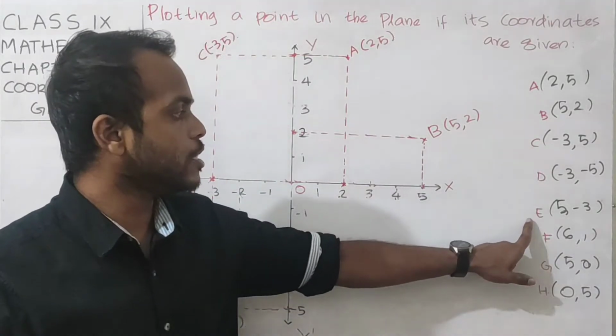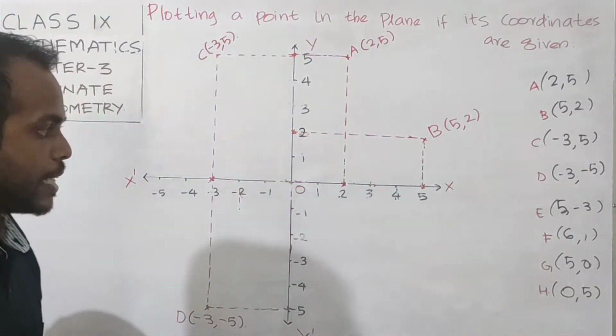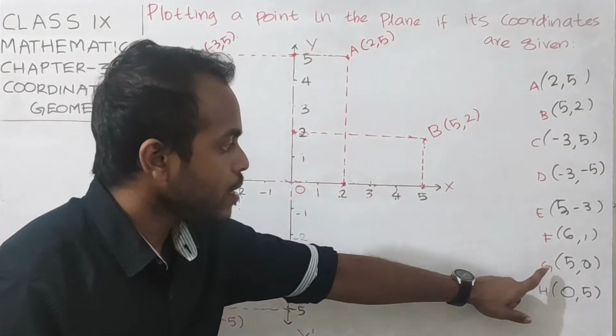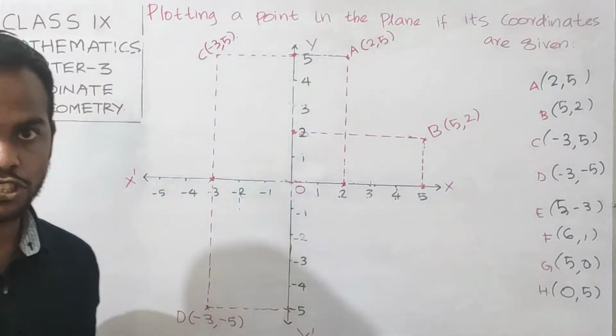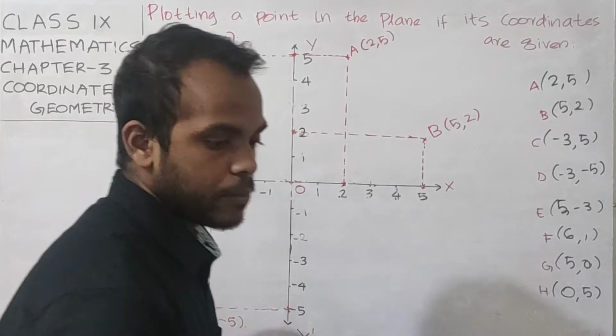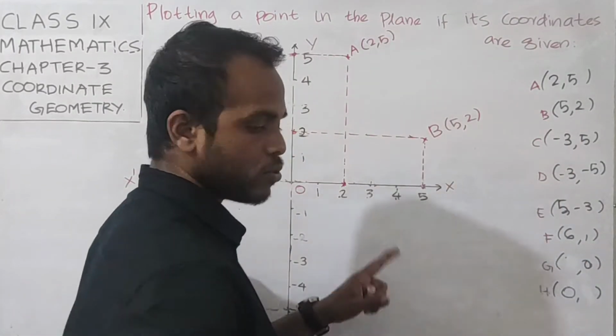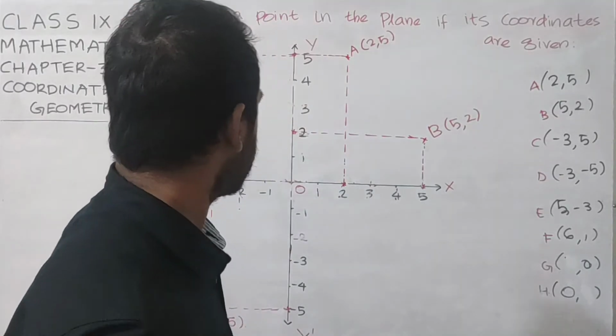Now I'm leaving these points E and F to you. It's very simple. Repeat the same process. Now look at the points G and H. What's the coordinate of G? It's a different one. I'm going to edit a bit because 5 is already flattened up. I'm going to write it as